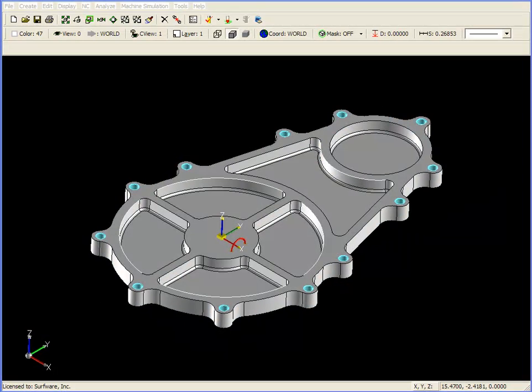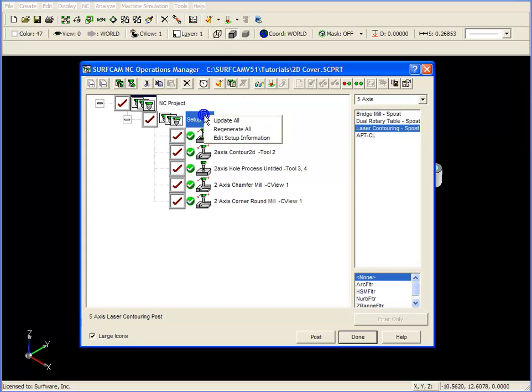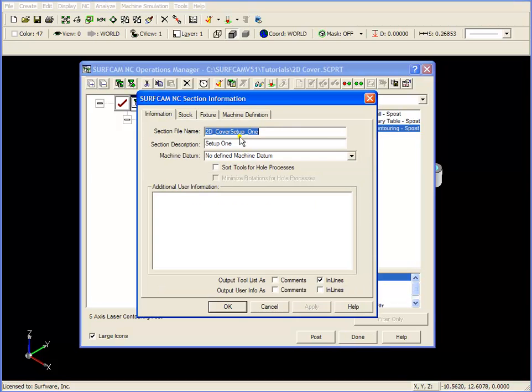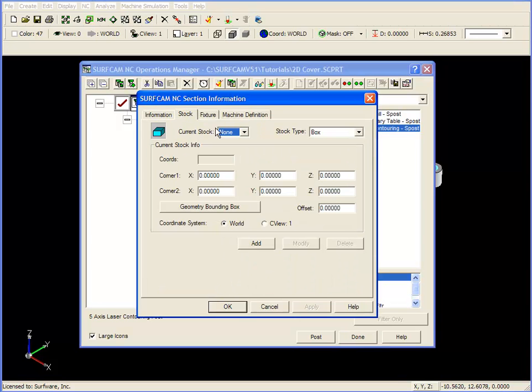Another way to create stock when you don't have a wireframe is to create stock geometry based off the part model. In this case, I'm going to go to the Operations Manager, right mouse click on Setup 1, left mouse click on Edit Setup Information, and go to the Stock tab. Down here we have Geometry Bounding Box again, and we also have an offset available. Let's say our stock was a ½ inch bigger than our part. I'm going to put in an offset here of 0.5 and then click on Geometry Bounding Box. Now all the numbers you see here are a ½ inch bigger in X, Y, and Z than our part